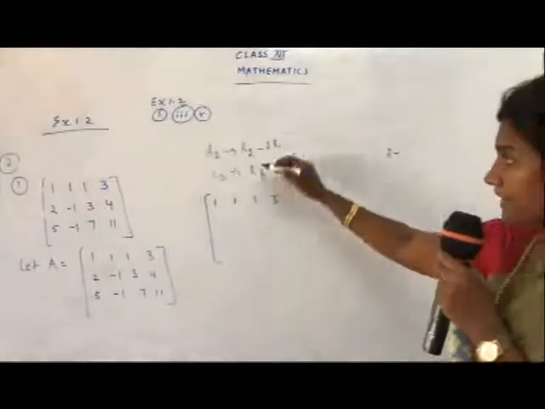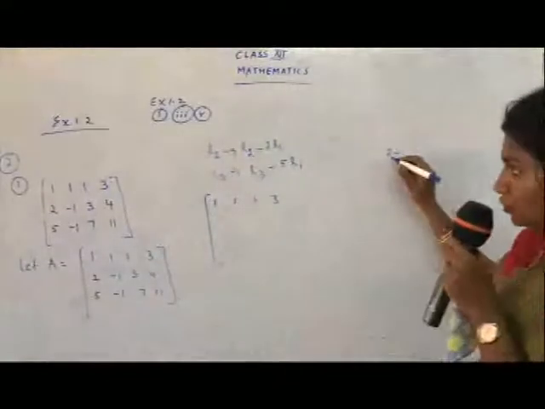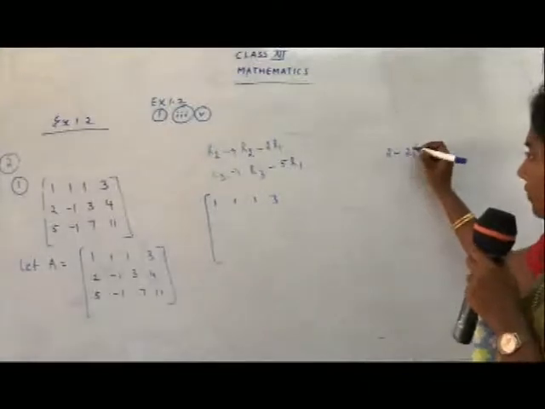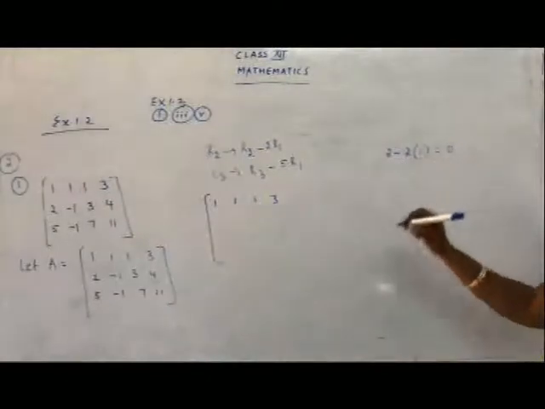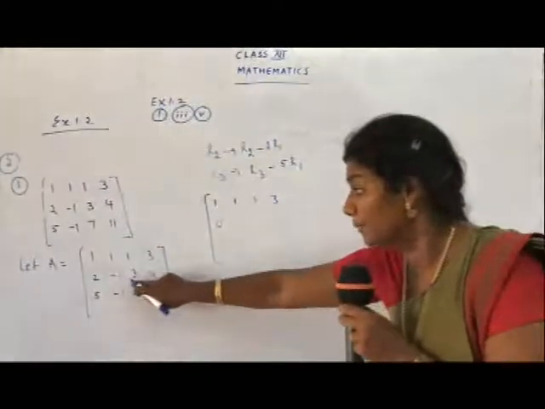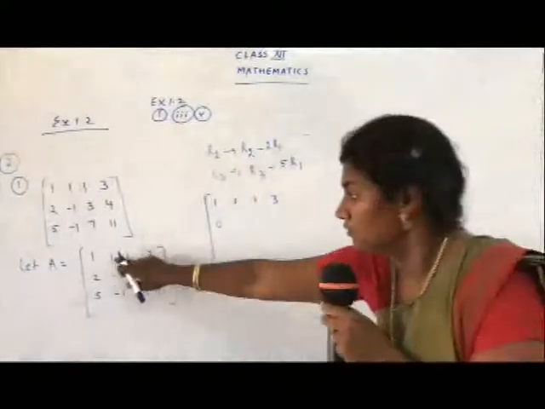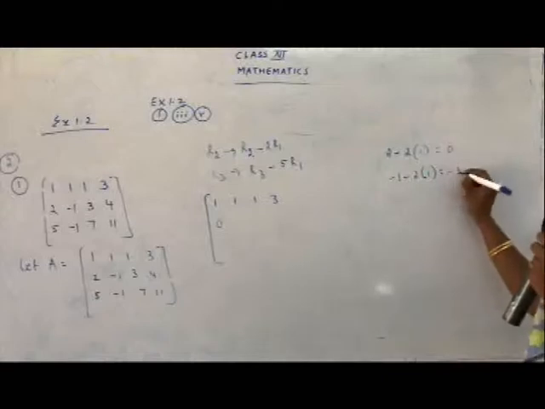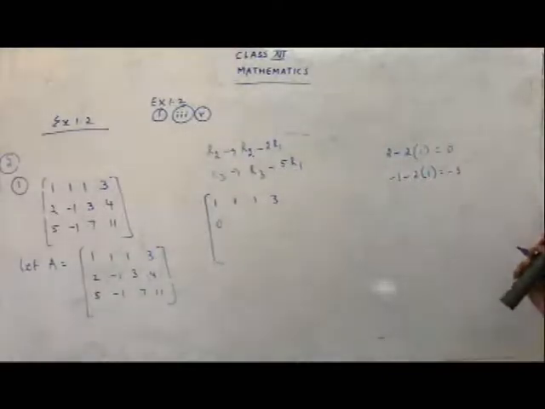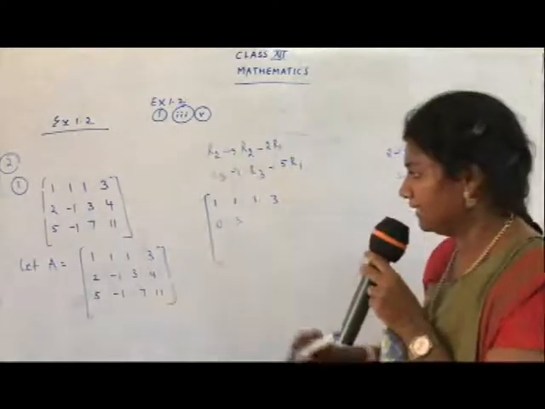Whenever you follow this, go for the corresponding element. You have to choose the corresponding element. So 2 minus 2. What is the corresponding element for R1? For 2 you have 1. So 2 minus 2 is 0. Put 0 here. You have to complete that for the remaining elements also. Minus 1 minus 2 is minus 3, since minus and minus become plus, so 1 plus 2 is 3, and the sign of the bigger number is minus. So you get minus 3. Put minus 3 here. Okay, done. Next.